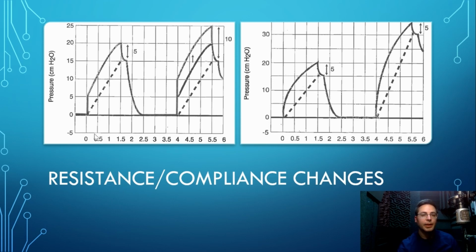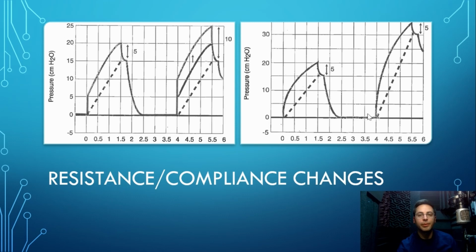Okay, so here are some diagrams that show how our pressure waveforms might change as we experience resistance and compliance changes. Over here, as we can see from this waveform to the next, we've got this little delta here between our peak and plateau. But what we have on this waveform, there is a larger delta between our peak and plateau here. This is indicative of increased airway resistance,